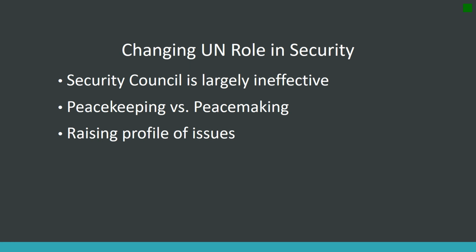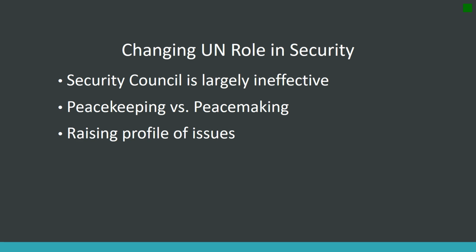We have definitely seen a shift in terms of the UN's role in security over the course of its history. So one thing to recognize is that the Security Council, they do important things. I don't want to minimize the stuff the Security Council does, but because of that veto and because the 5 countries need to agree, you're not going to get, for example, and watch, I'll say this and then it'll happen, but you're not going to get, in this day and age, the 5 countries to agree to any major military intervention in a conflict between multiple states, or to go after a country that is acting aggressively, because there is